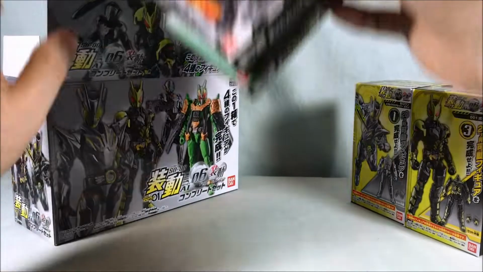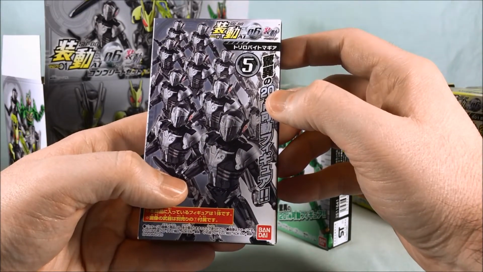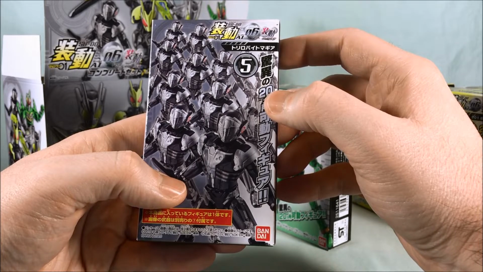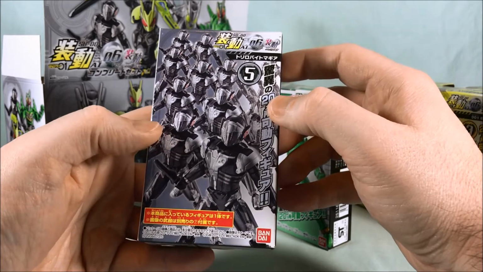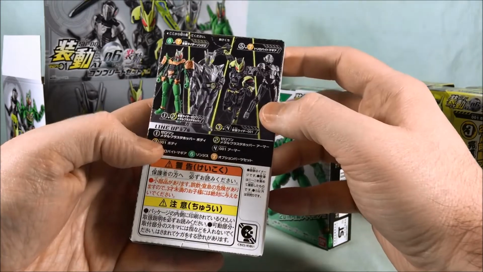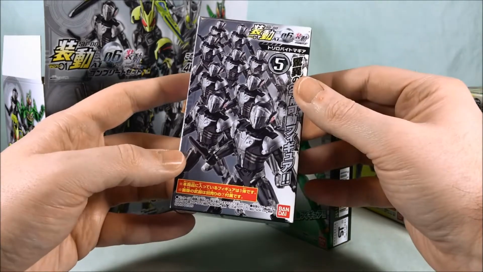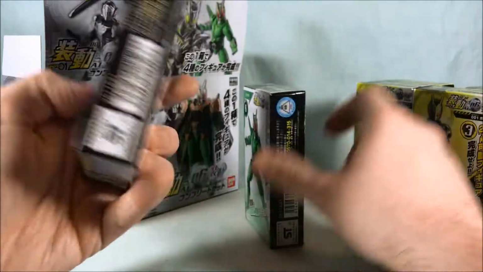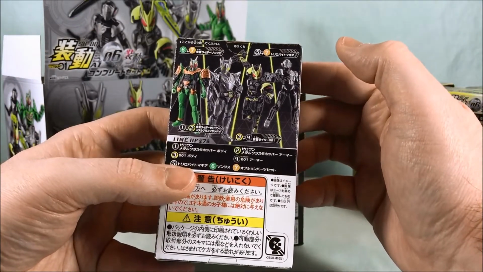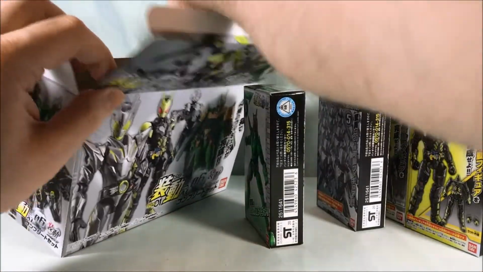And then we have... Oh, this is one of the... Oh, Trilobite? Is that what this is? It's one of the Humagear foot soldiers, for lack of a better term. But it looks pretty cool. I'm sure Corey, shout out to Frozen Stratos, will be army building these in no time. And then the last two